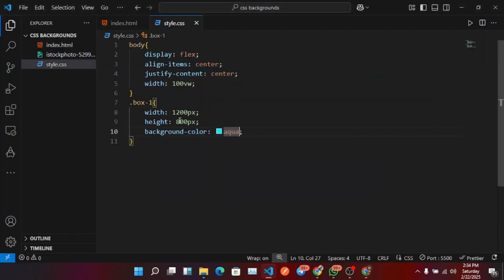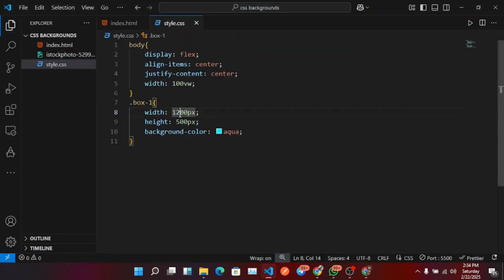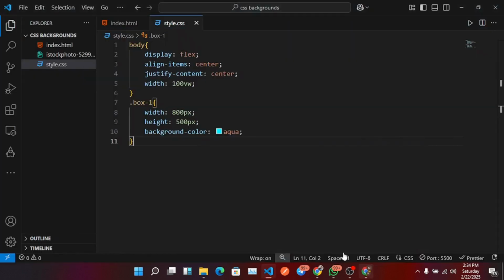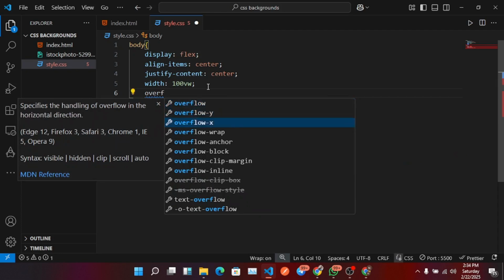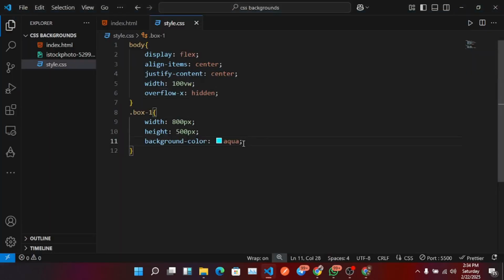Port 500 is already running. Okay, this is what we have. I think this should be about 500, and this is what we have. Let me make this about 800. Okay, so this is what we have. What happens is I forgot to remove the overflow X hidden. Okay, so I have this, and the first background we've looked at is background color, whereby